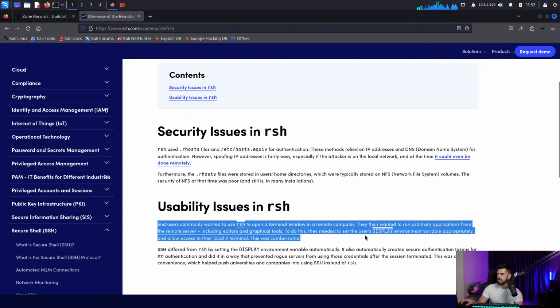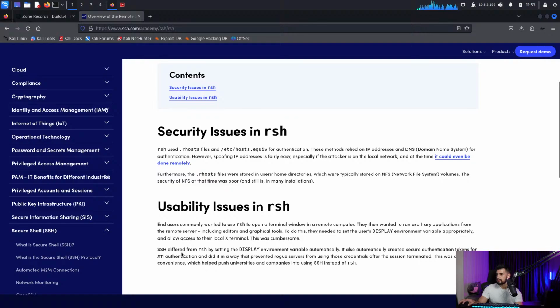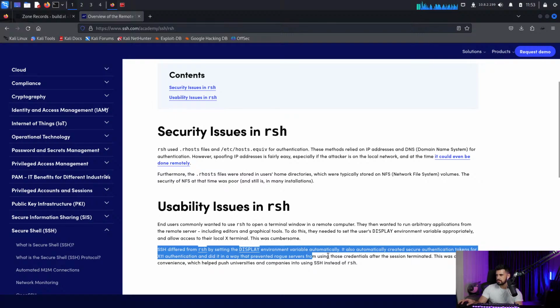To do this, they needed to set the system user's display environment. SSH differed from RSH by setting display. It also automatically created secure authentication tokens from X11, to prevent rogue servers. So anyhow,